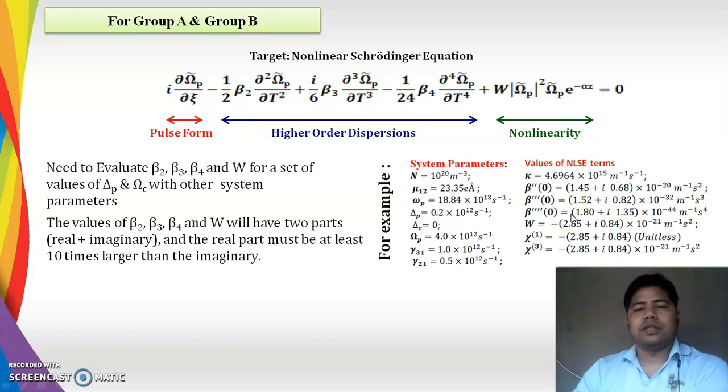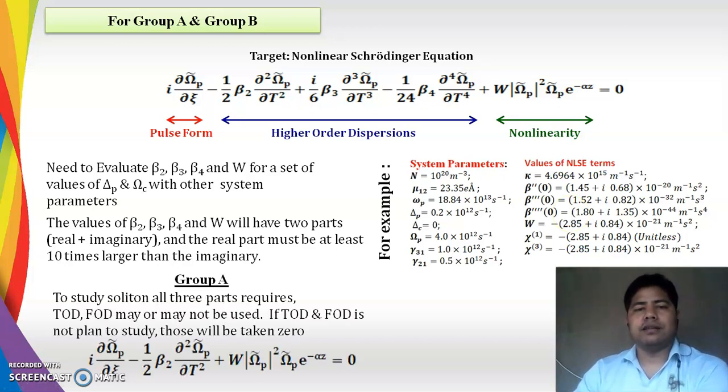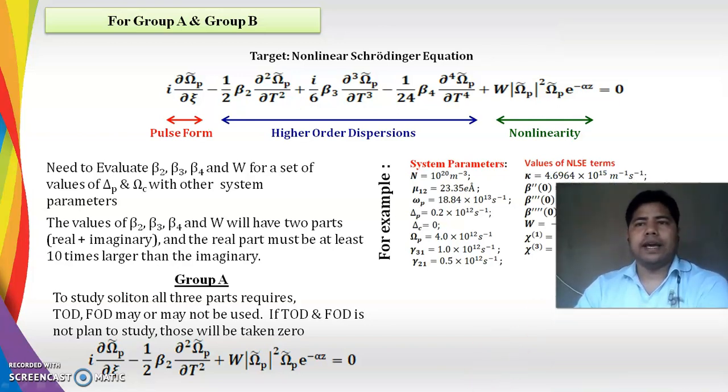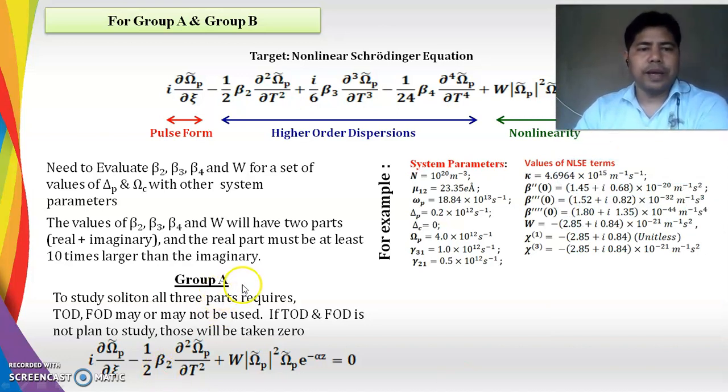So let's come to the discussion of what group A and group B have to do. For group A, to study the soliton, all three parts 1, 2 and 3 are required. TOD and FOD: TOD means third order dispersion, the beta 3 part. FOD means fourth order dispersion, the beta 4 part. These may or may not be used. Sometimes you can drop it for our